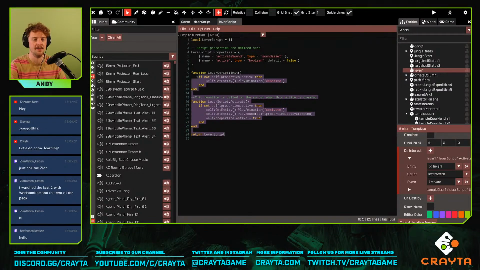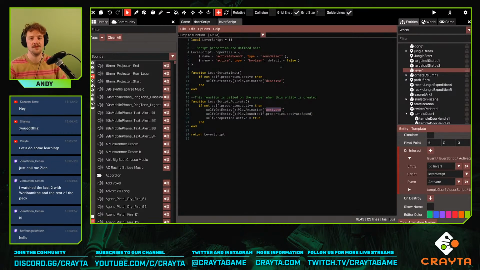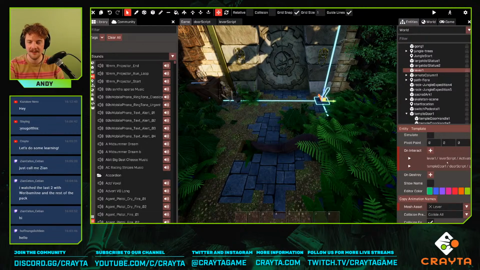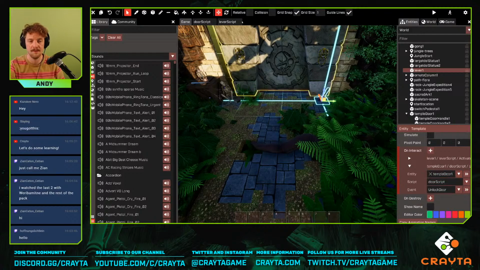Interestingly, this lever script would also work on a whole bunch of other things, because the activate and deactivate animations are standard amongst a lot of animated props in Crayta. A lot of animated meshes use the same animation names. So we had a lever and we wrote a script that handled all of the animations of the lever, and then we also hooked the same onInteract function. So we had the onInteract function, which handled all of the animations, talking to the lever itself. And we also talked to the door, and we said,